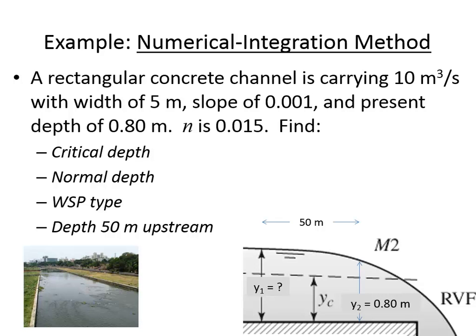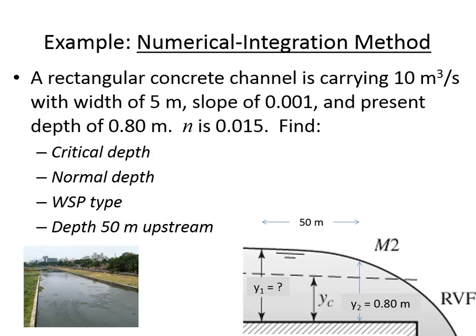Area to the 5/3 power, where area is 5 times the normal depth to the 5/3 power. And the wetted perimeter would be 5 plus 2 times the normal depth to the 2/3 power. And then the slope of the channel, 0.001 to the 1/2 power. And if I pop that into the solver,